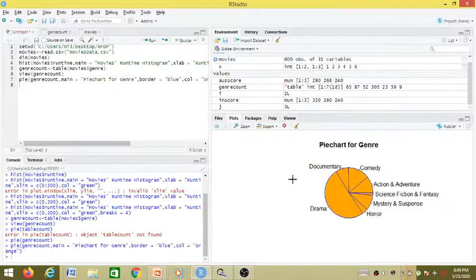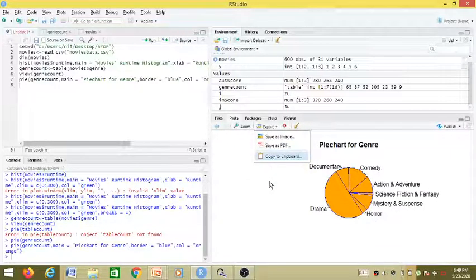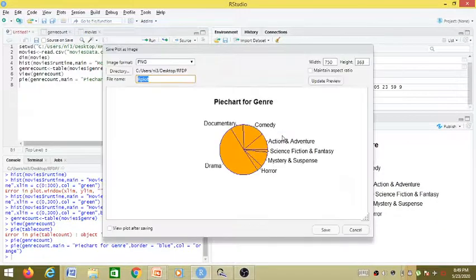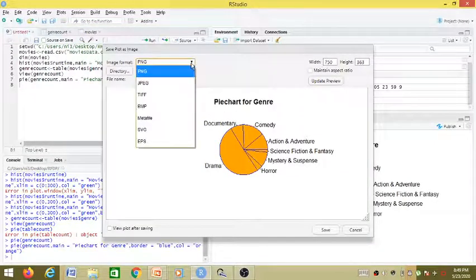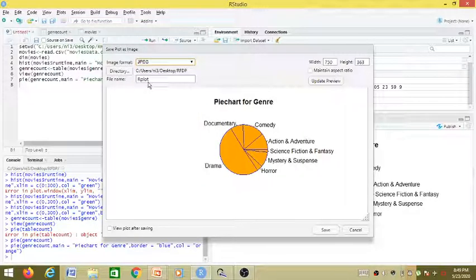So if we go to RStudio here, we can click on export. Now it is showing us three options. Either we can copy it to the clipboard and directly paste it in whichever place we want, or if we want to just store it as an image and use it later, we can save it as a PDF or as an image. Let us check how an image can be saved. Such a pop-up will appear. The image format can be selected out of the following formats, like JPG, PNG, whichever we want.